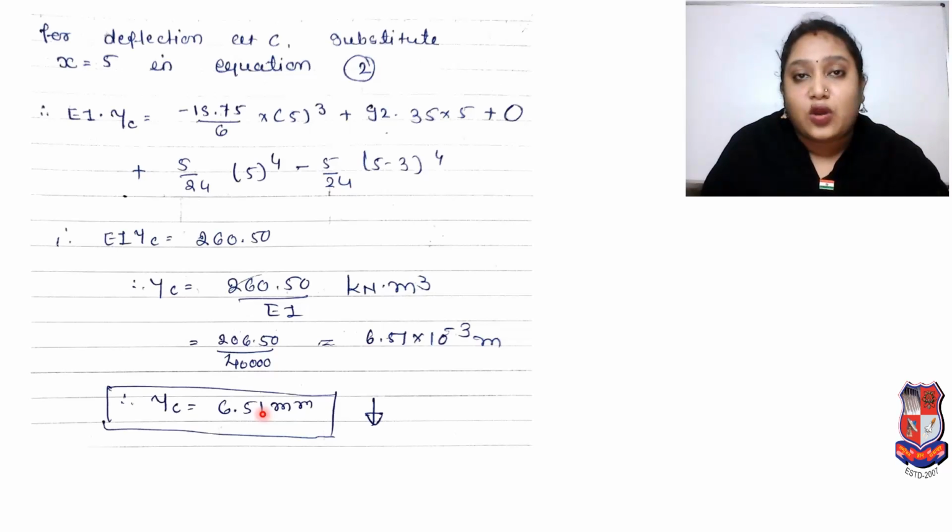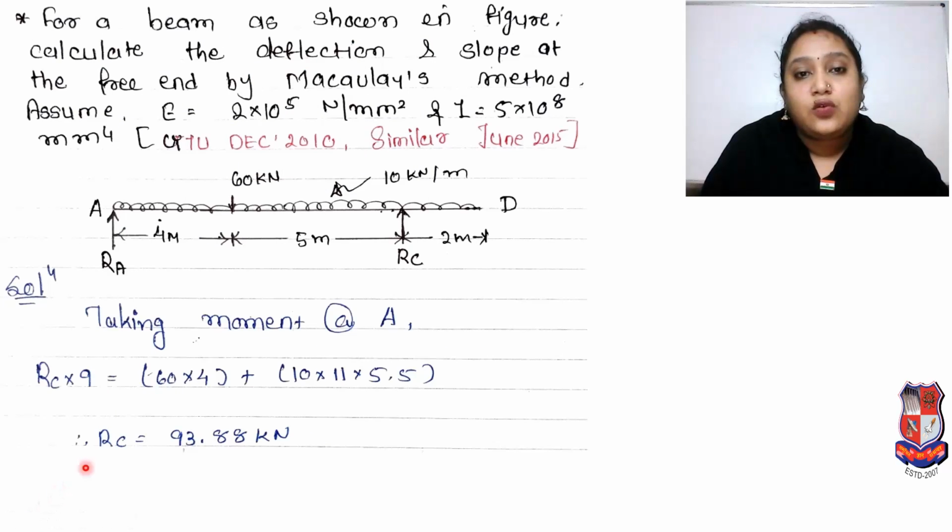So whatever procedure is given, whatever rules we have to follow, as per that rule and as per our previous problem, we have calculated the second problem, and now we will go for another problem. That problem will be similar to the first and second problem and follow the same rules, but the beam is changed.